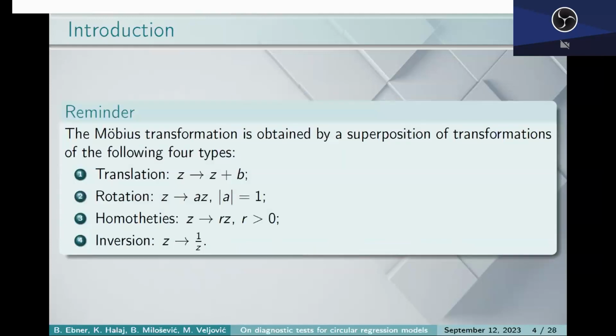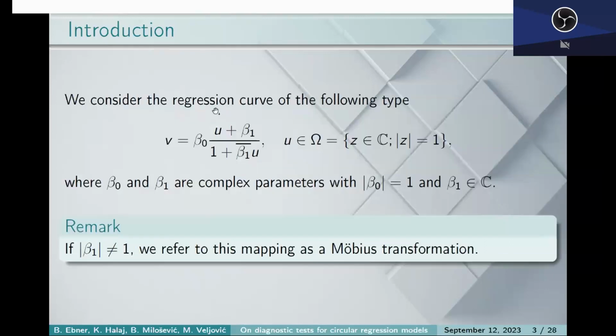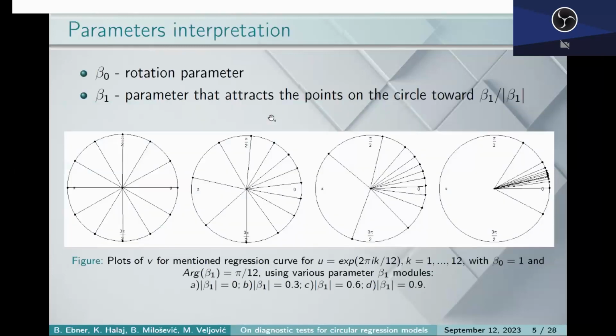Now just a short reminder about the Mobius transformation. It is obtained by a composition of translation, rotation, homotheties, and inversion. And from this mapping, we can interpret parameter beta 0 as the rotation parameter, but the interpretation of the second parameter beta 1 is a bit more complicated. We can see that it is a parameter that attracts the points on the circle toward beta 1